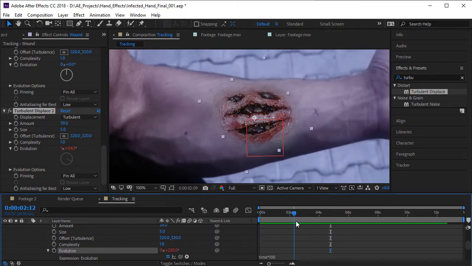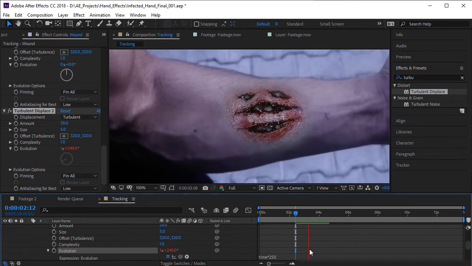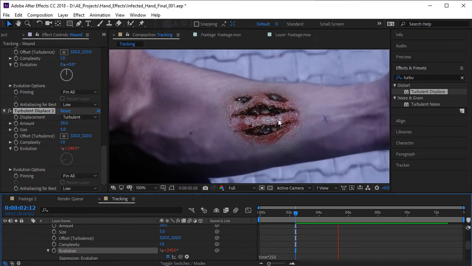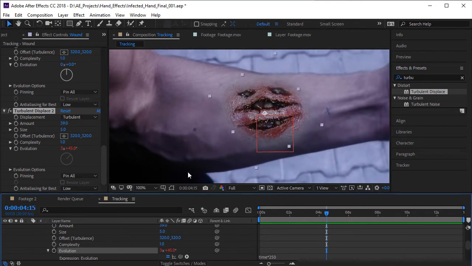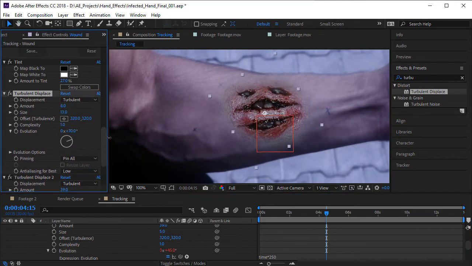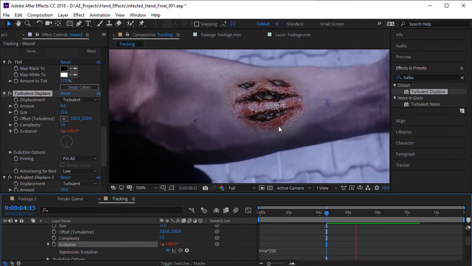It's not enough. Maybe you can go with 250. And now you can see it's moving also. It just kind of gives it a bit of a realistic look. And if you want, you can keyframe this one too, which is a little bit bigger. Maybe we'll do this one also. Alt click, time multiplied by maybe 200, and we'll see that it's kind of moving with the movement of the